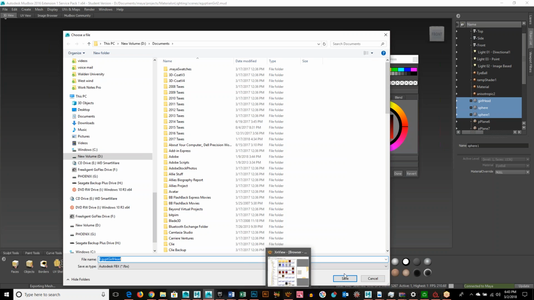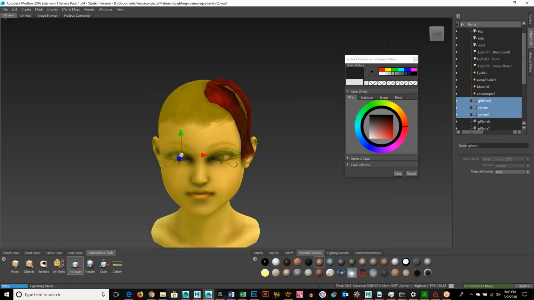And when I do that, it would export that out, and it would also generate a folder with all of her textures as well, so that when I'd open it up in Maya,